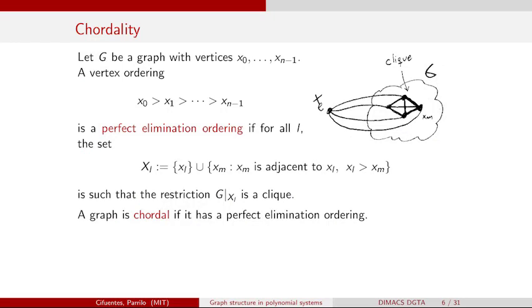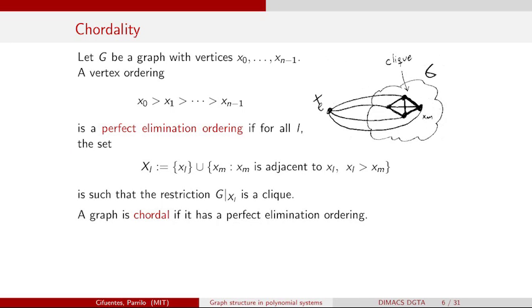A graph is going to be chordal if it has such a perfect elimination ordering. And that's an if. It's actually an if and only if. I'm using it in here as a definition. But if you define chordal graph in some other way, this is actually a theorem, right? Equivalently, every time that we say that the graph is going to be chordal, there's going to be a certain way of ordering the vertices that is going to be very convenient.